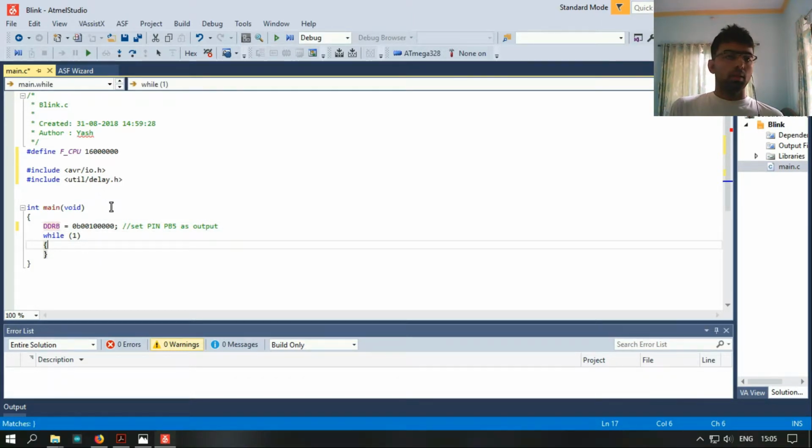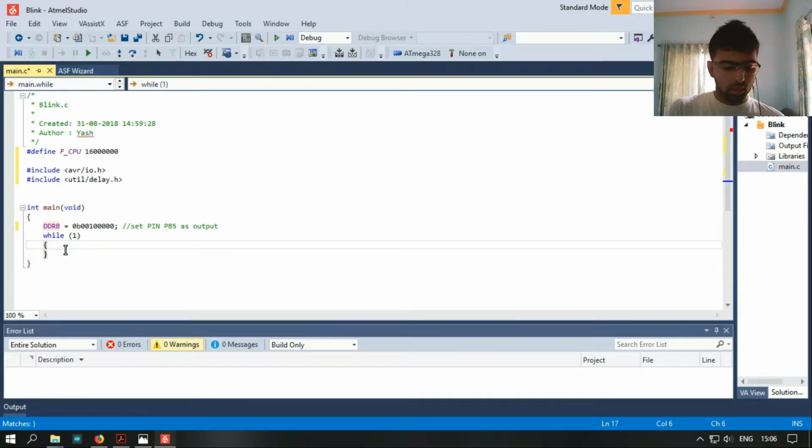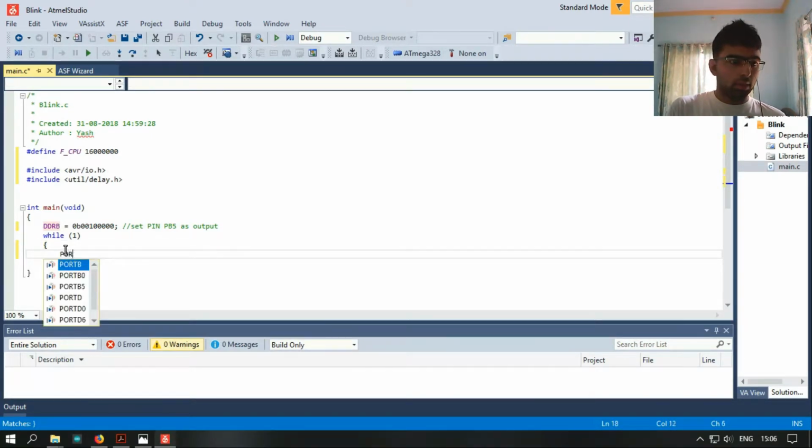Now I have to write the value to the port register. Let's say, to make the LED blink, I have to write the value to the port register. So PORTB is equal to 0b00100000. Okay, this sets my microcontroller's port PB5 to high,